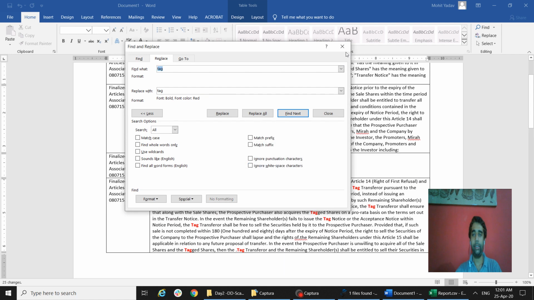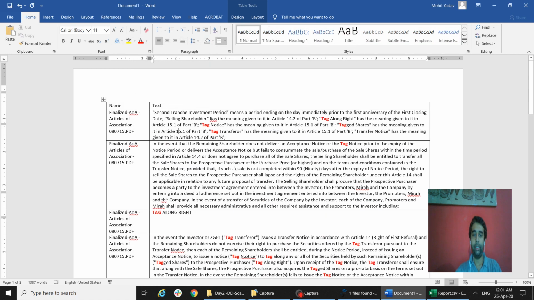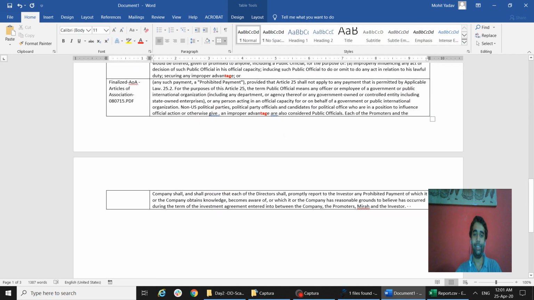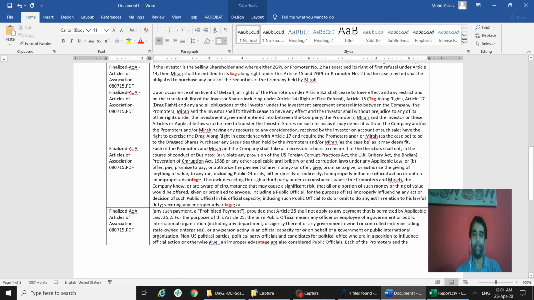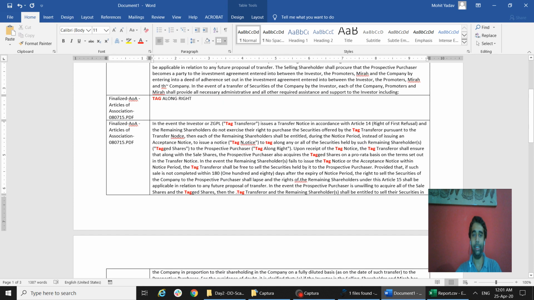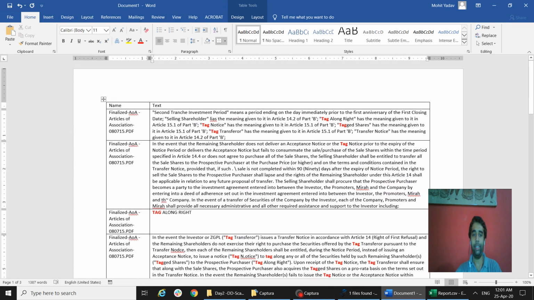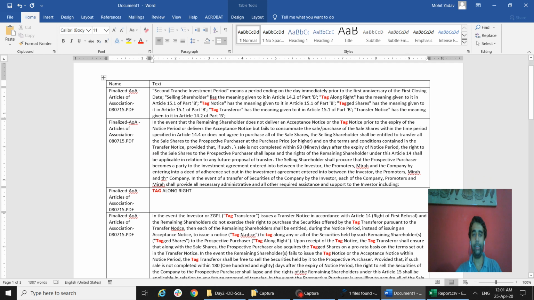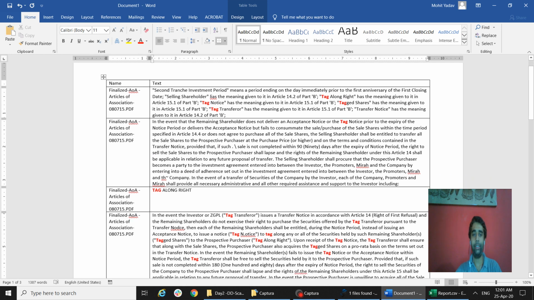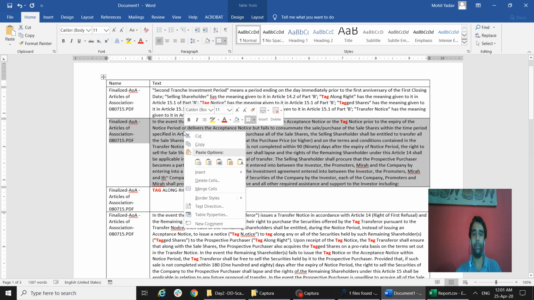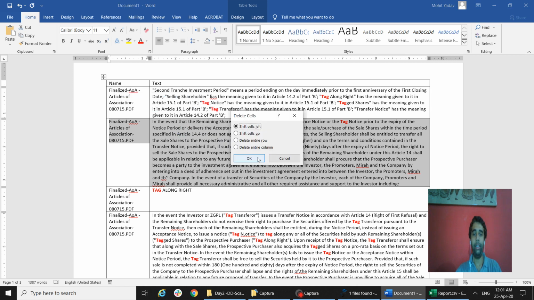And this works. Yes. So now you can see over here what happens is that in each of these instances wherever tag has been mentioned, you can easily spot it, quickly take a glance and decide whether you want this clause or not. Let's say I don't want this clause and I delete it and